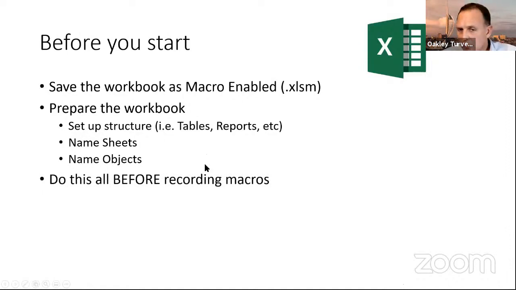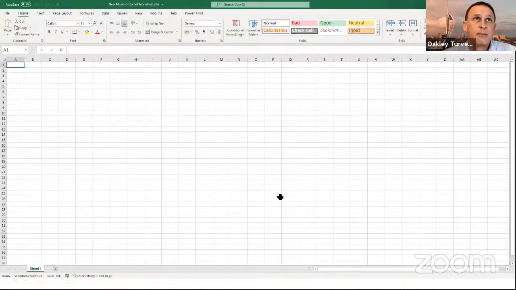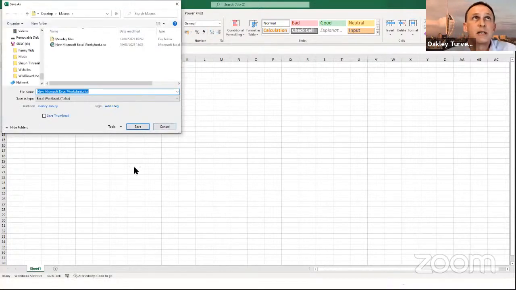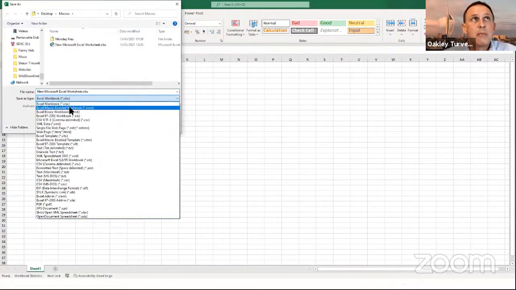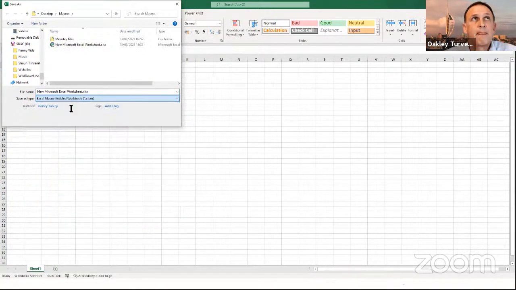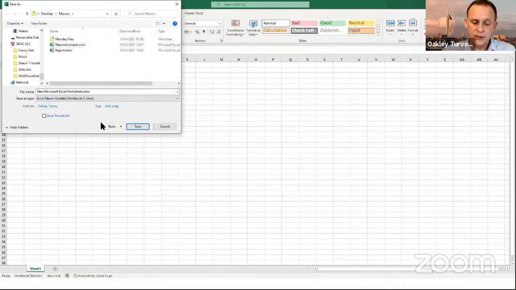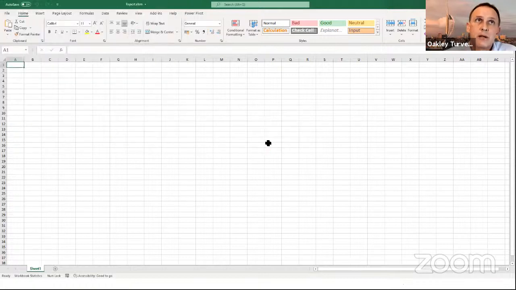So anybody who wants to follow along and do this, let's just start a brand new workbook. So I have here a brand new workbook. And as I said, the first thing to do is to save the workbook. So I just hit F12 and it comes up with the Save As, and I'm going to change it to a macro-enabled workbook. That is important because otherwise the macros I save in the workbook won't be saved if I just try and save it as Excel XLSX. So it's a blank workbook. I'm going to call it report and click save. Because I've done this already, I have to replace it, but that's fine. So this one here is now called report.